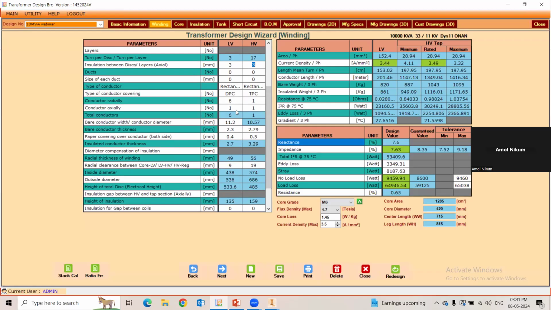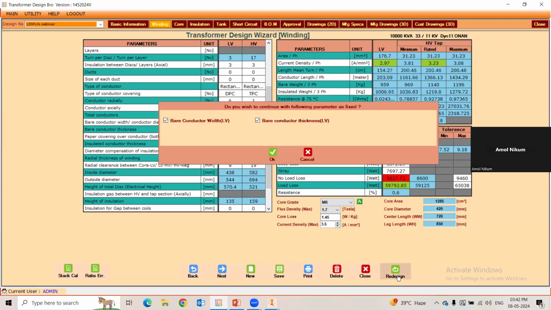Then radial and axial number of conductors, total number of conductor sizes. These conductor sizes are editable. Suppose if you have any existing conductor size in your stock and if you want to redesign the job with that conductor size, you can simply edit the conductor sizes. Once you edit, the redesign button will appear and you can click on it, for example, here if you want 12 and 2.5. So once I click on the redesign button, whatever parameter you have changed with the white background cells, that all